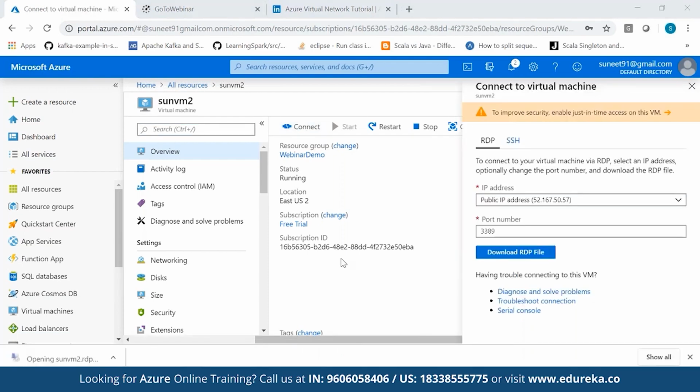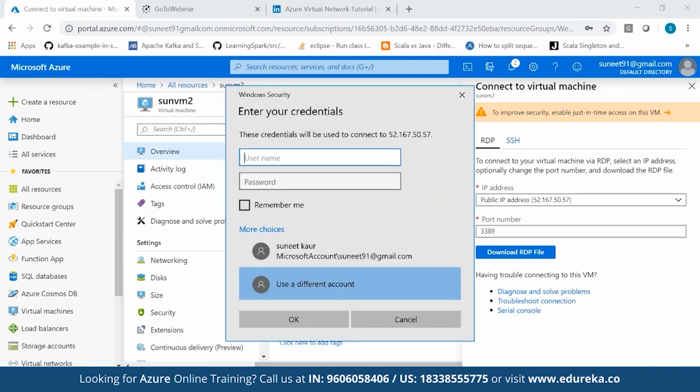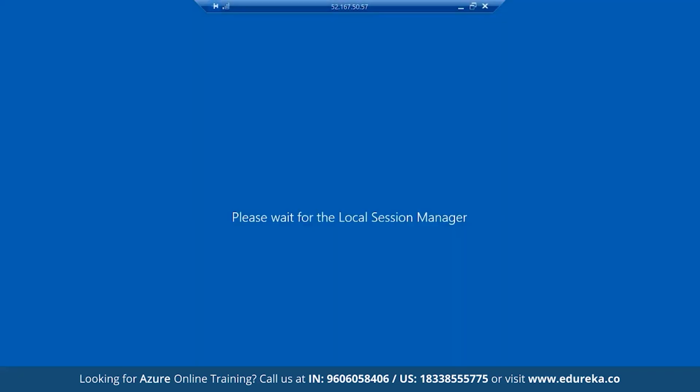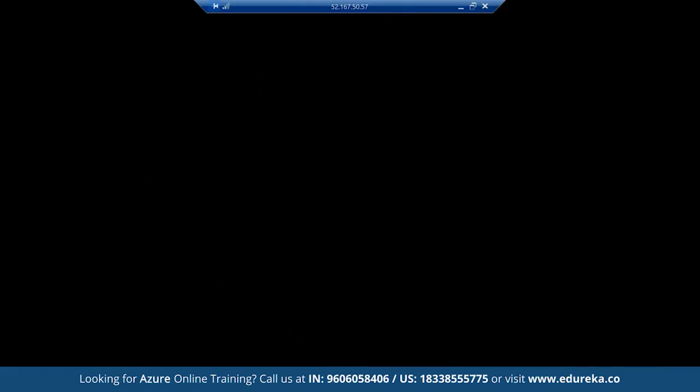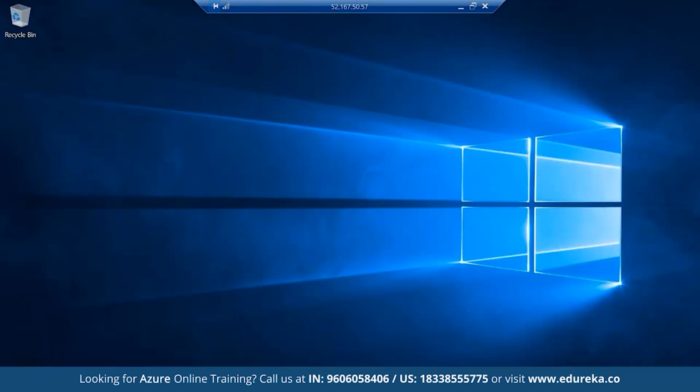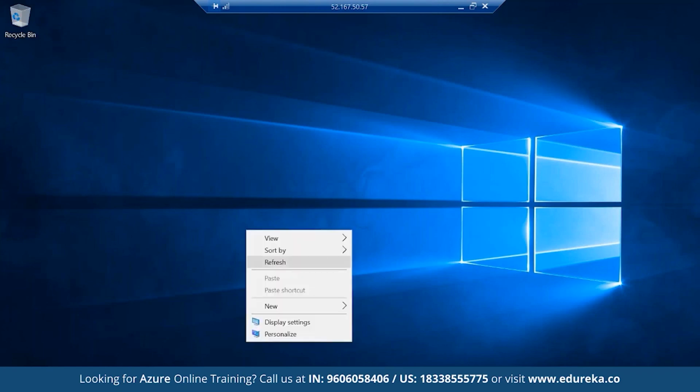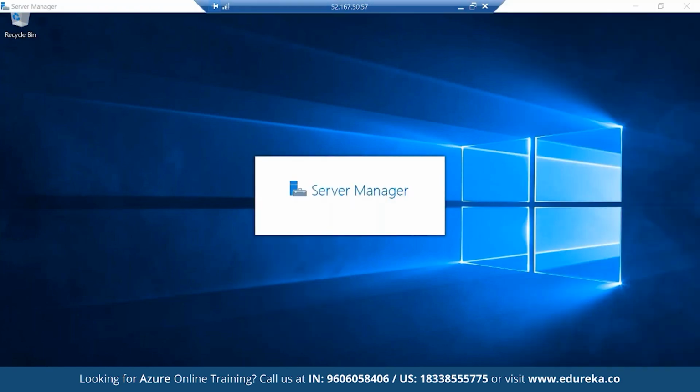Download RDP file. Connect. More choices, right? Different account. Okay. Now what I should do is I should open the, okay, let me just